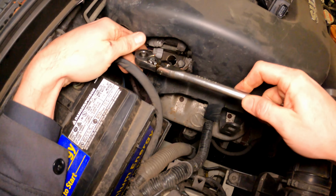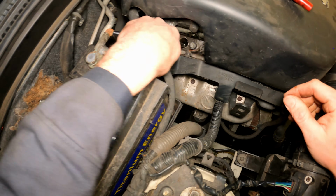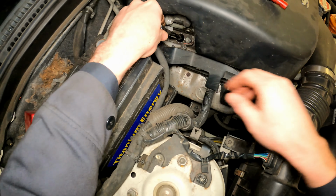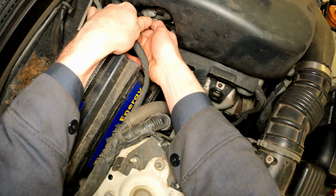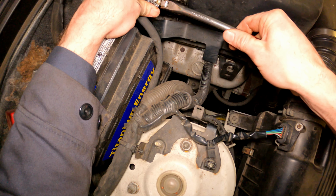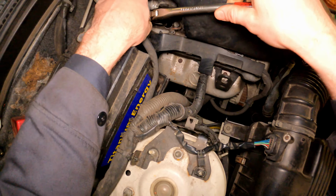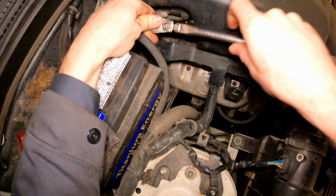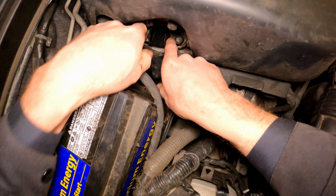Pull that back out. Oh yeah, so I'm getting a solid 6 threads or more out of that. Let's snug this down and put it together. What happened is the plug probably just wasn't tightened properly before, or it worked its way loose for whatever reason. Got to that last thread and just popped it out. Gonna need a new coil because this mount is cracked, but